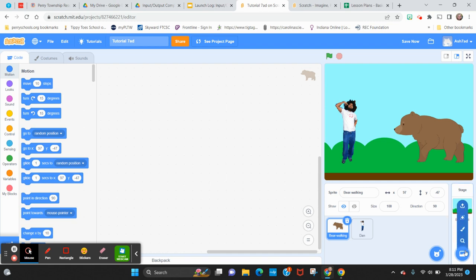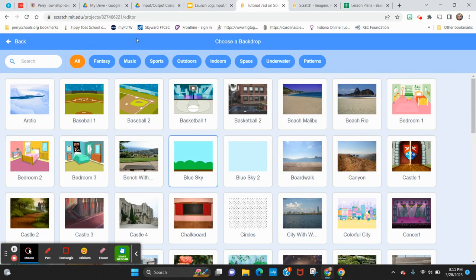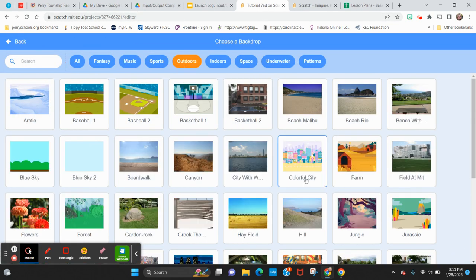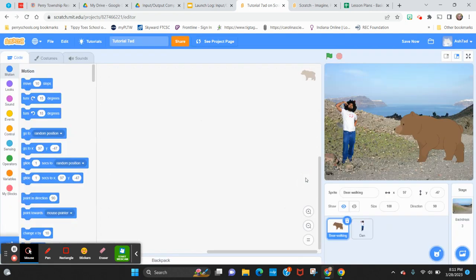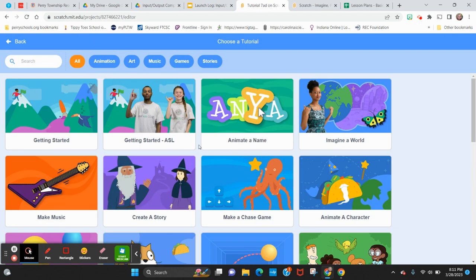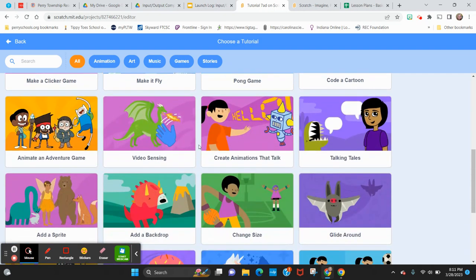Yeah, that's not really the outdoor area I'm looking for. Let's try that one more time. Just kind of... yeah, that's a little more natural looking. All right, so I've got my bear and I've got Dan. Now, let me go to that tutorial with the bat and I'm going to make my bear walk over to